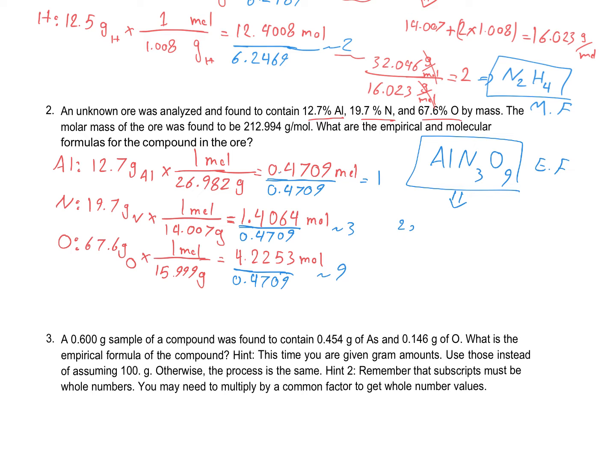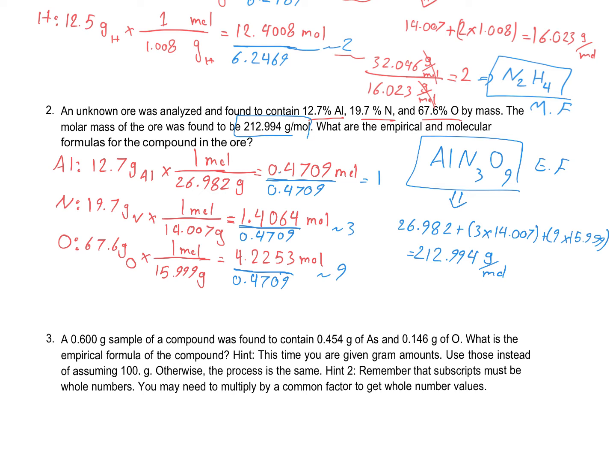So 1 aluminum is 26.982, plus we have 3 nitrogen, so 3 times 14.007, plus we have 9 oxygen, 9 times 15.999, and that is equal to 212.994 gram per mole. So then you have to compare this with the actual molar mass, and you see in